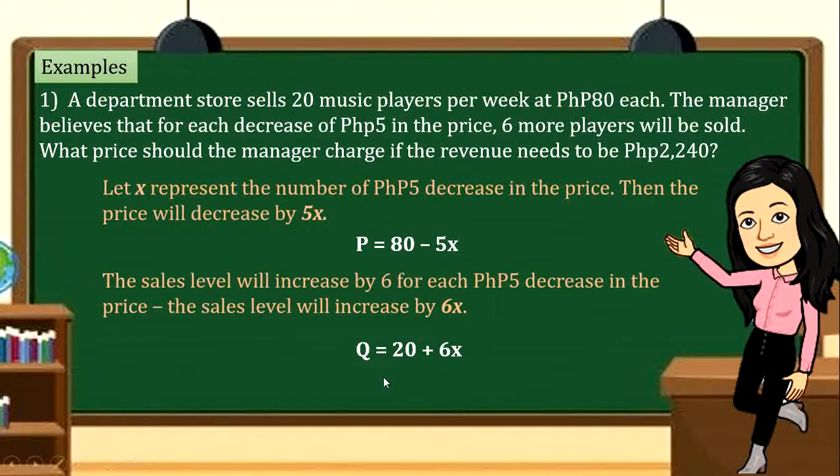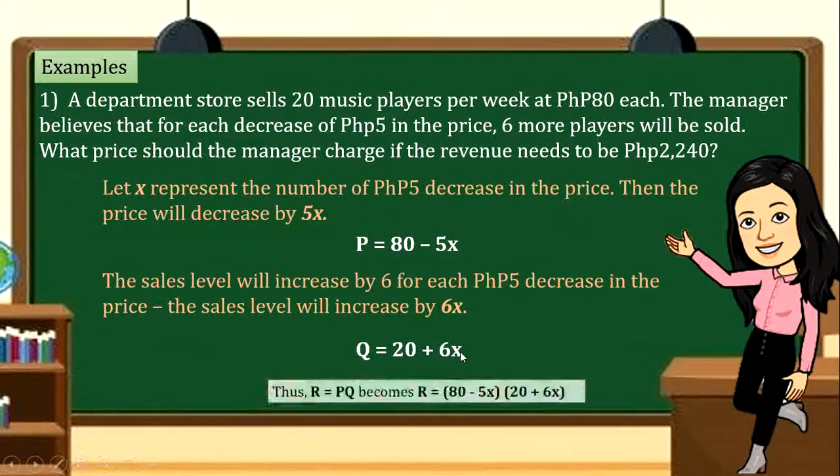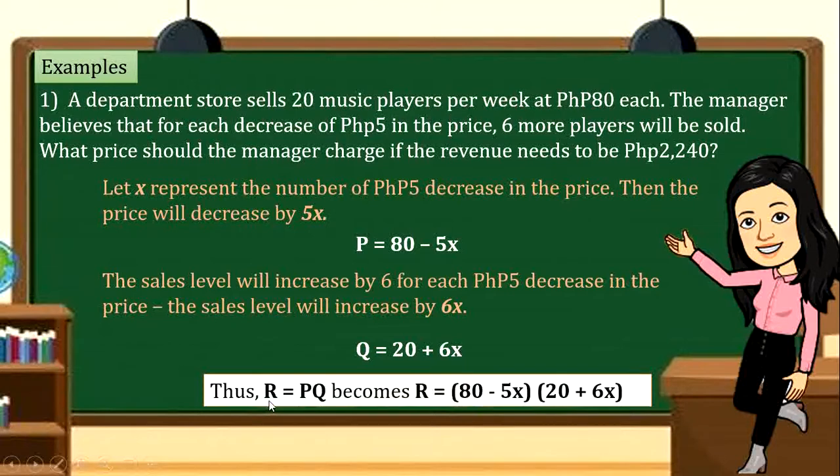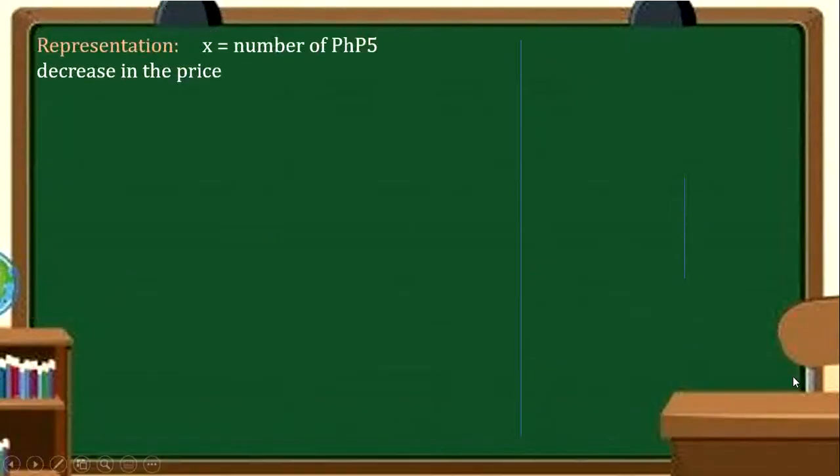So, 20 yung music players. Tapos, kapag binabawasan nila ng 5 pesos, nakakadagdag sila ng 6 more players. Kaya, plus yan. Okay? Plus 6x. So, kaya, ang formula natin, R equals PQ. So, magiging R equals the quantity of 80 minus 5x. So, siya yung P. And then, 20 plus 6x, siya yung Q. Okay? So, ngayon,